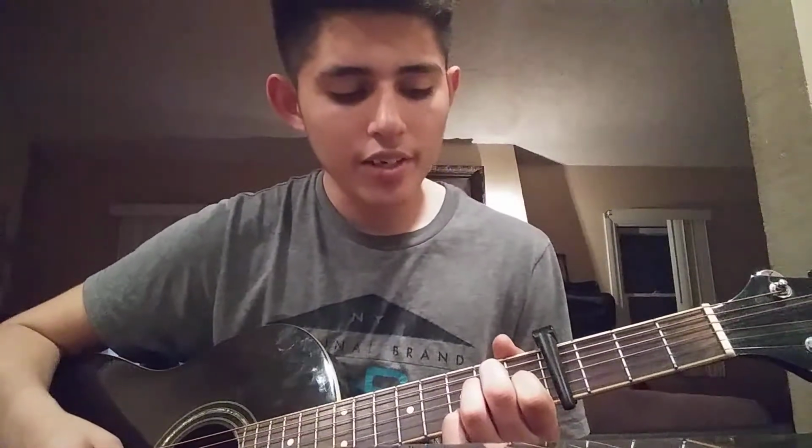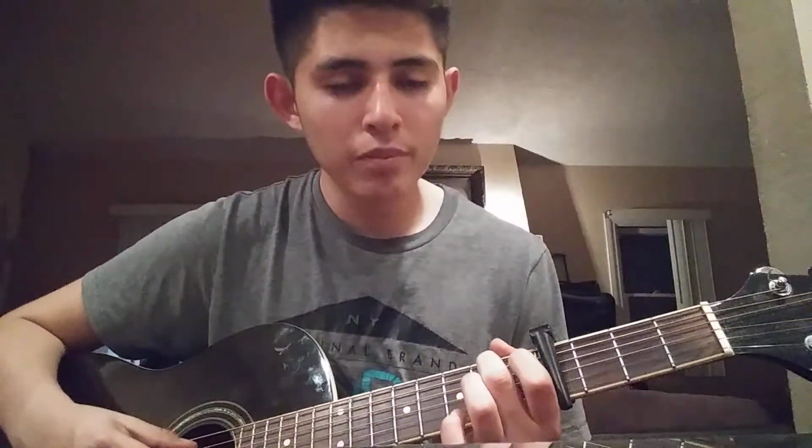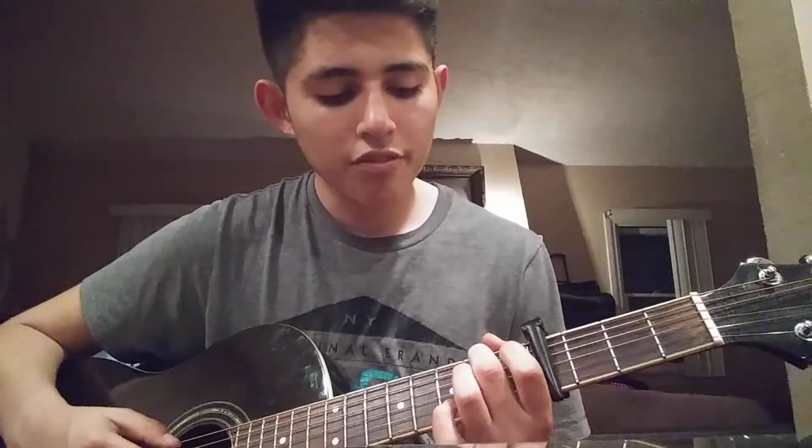So after that, you're going to want to do an E minor chord. Easiest chord out of there. Anybody can play this chord. Just tell somebody to put these 2 fingers in here, and anybody can literally play it. Literally anybody. So with this side, you're going to be putting your middle finger on the 2nd fret on the